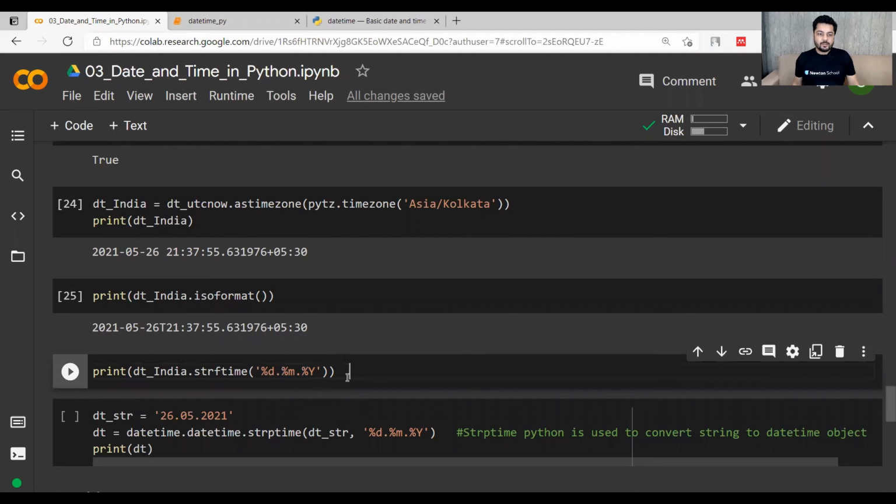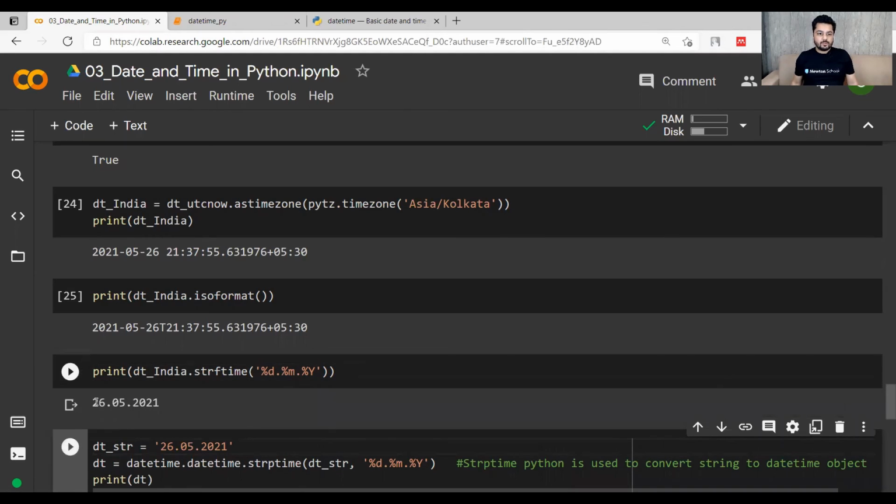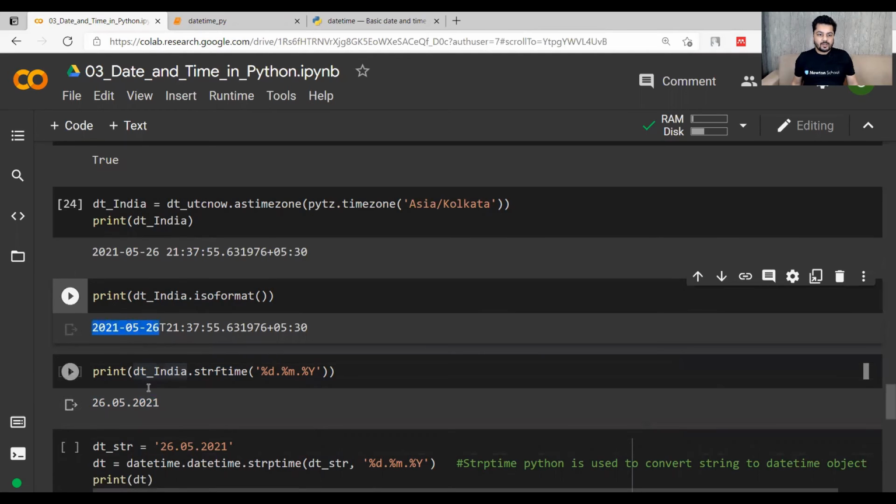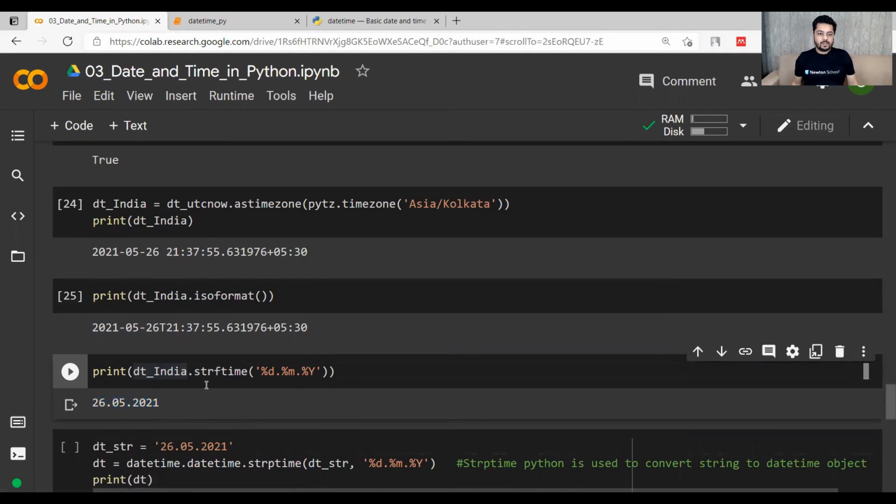So the date will be printed as 26.05.2021. This is the date which I have printed by using the strftime function. Initially the date was this, and I have printed it as this, and it has been done using the strftime function.